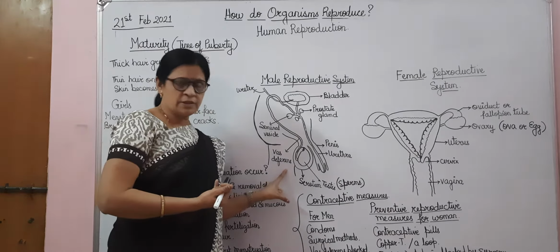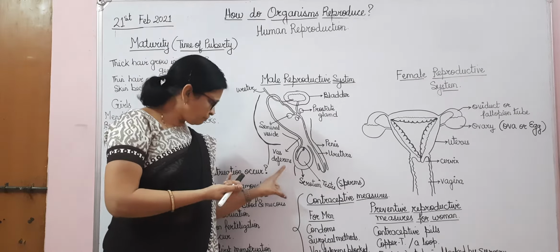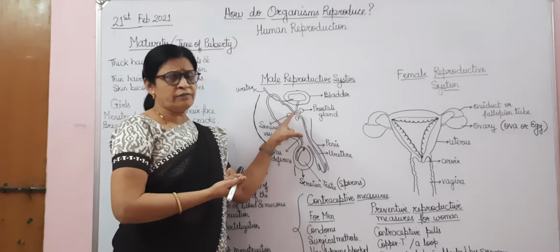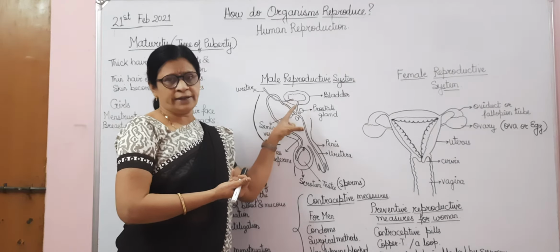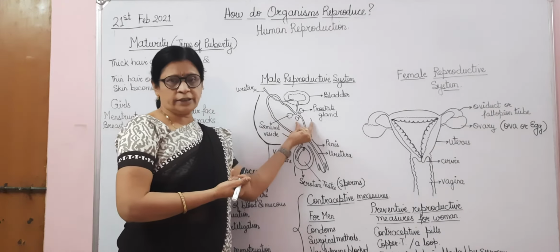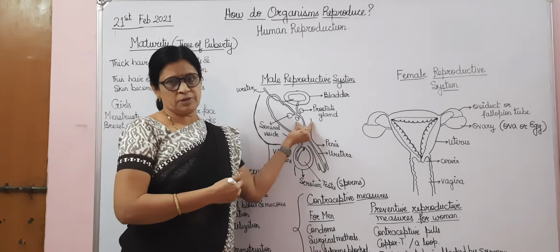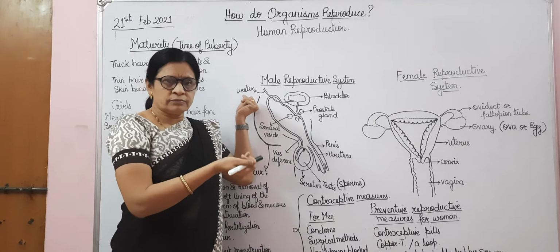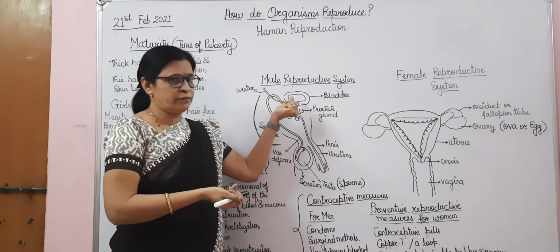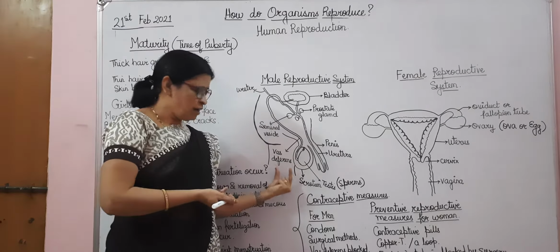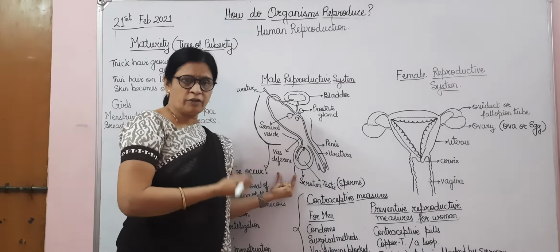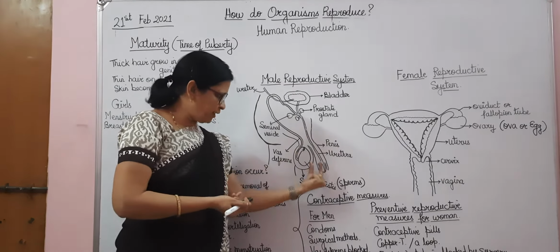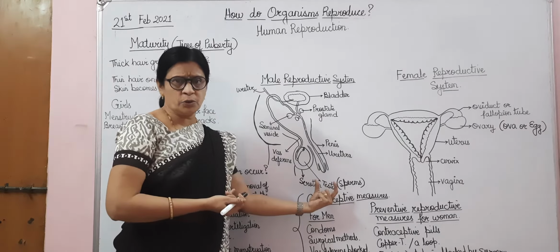Now when these sperms pass from the testis to the vas deferens, they are moving through a tube where a tube from the urinary bladder joins, so this becomes a common duct for the urine and also for the sperms. So the ureter is bringing its urine to the bladder. From the bladder it is coming to this vas deferens, and from the vas deferens the sperms as well as the urine, it is a common duct. From there it is passed out through the penis, that is the urethra.